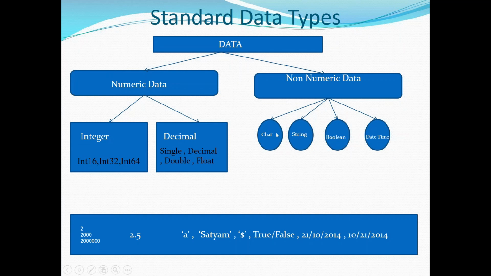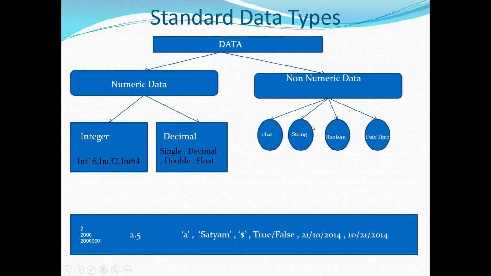When you talk about a character, the capacity of character is a single character. It holds only one character at a time. Like this, see here, you can see single quote A single quote. This is called character. When it comes to name, your name will have a group of characters, a collection of characters. So if you want to store a single character, then better go with the character data type. If you want to store a group of characters, let's say your name, which cannot be accommodated into the character data type, then your approach should be towards string.